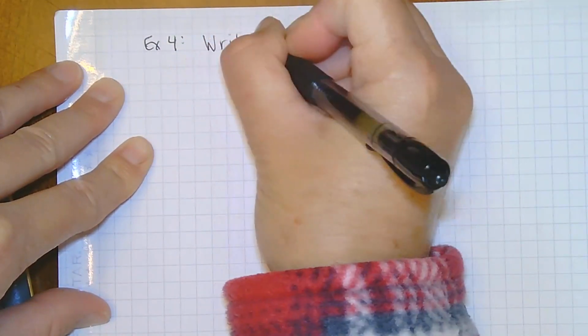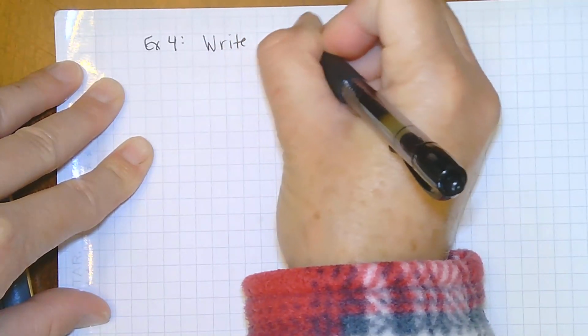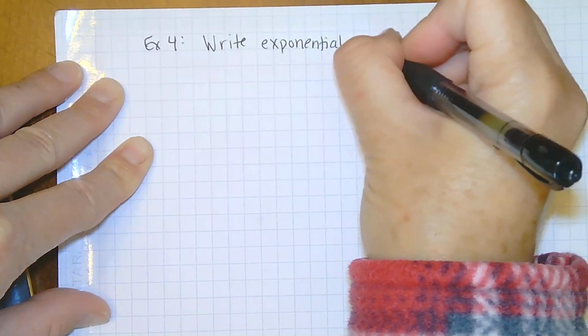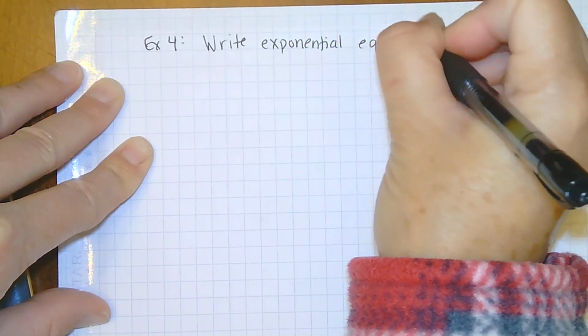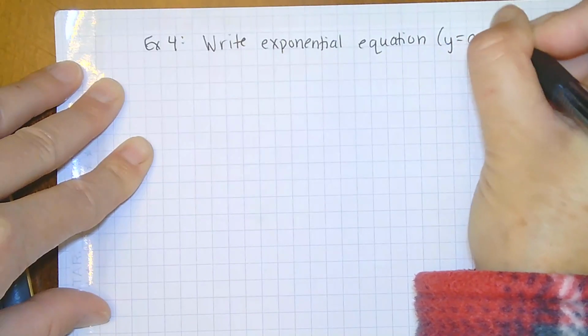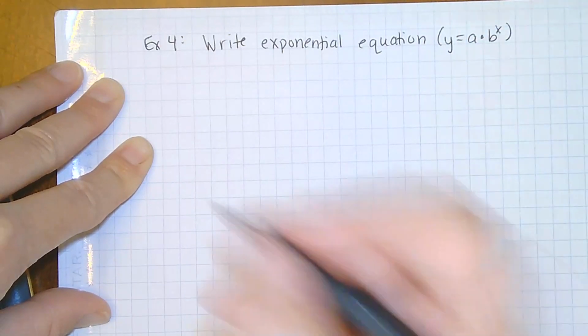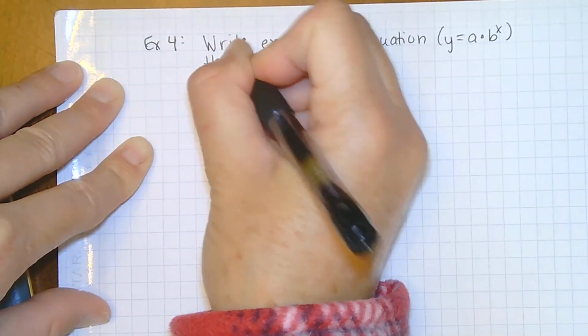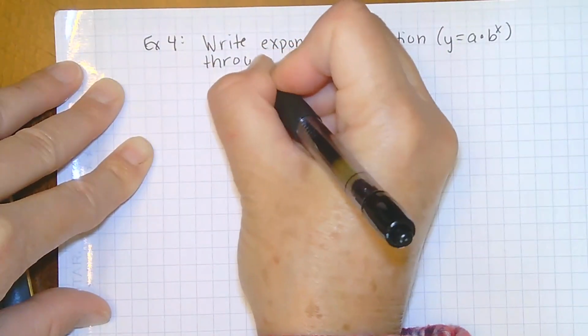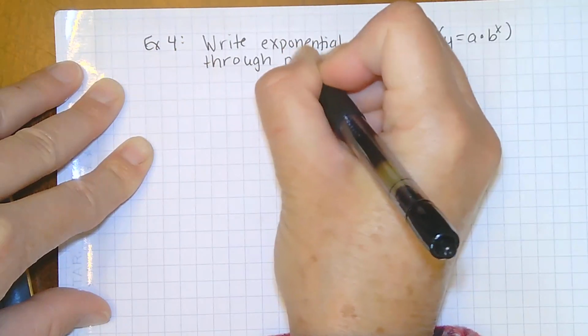Write an exponential equation, y equals a times b to the power x, that's the format we're doing, through points